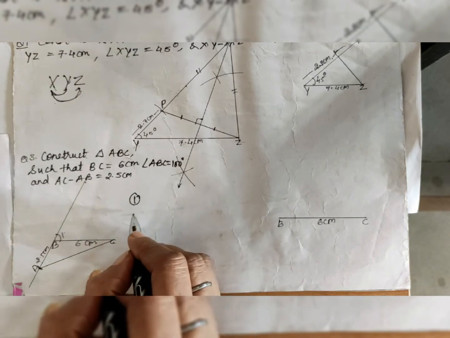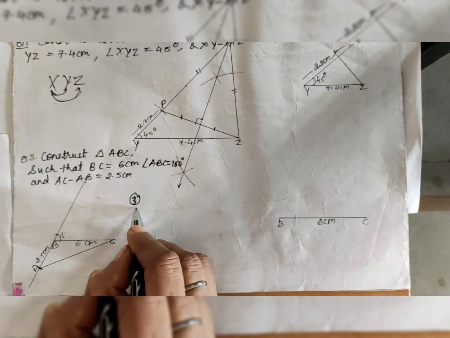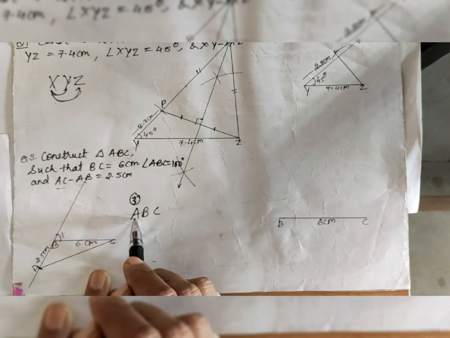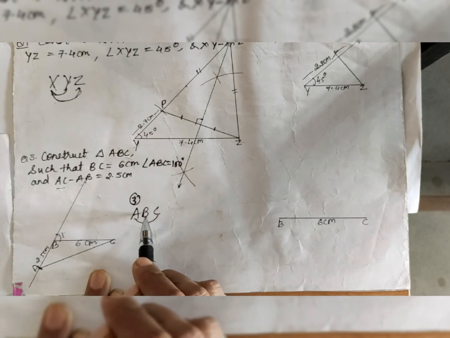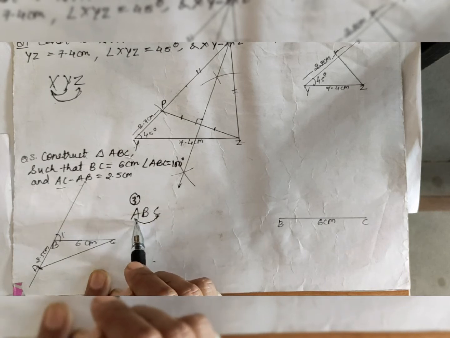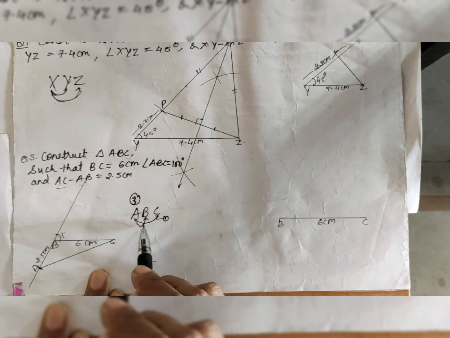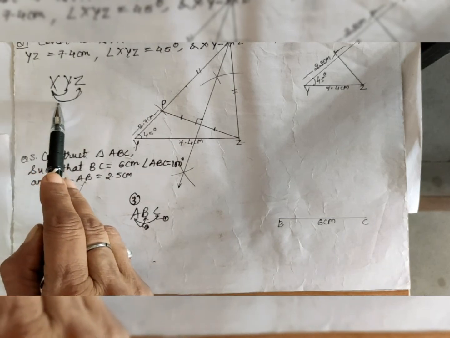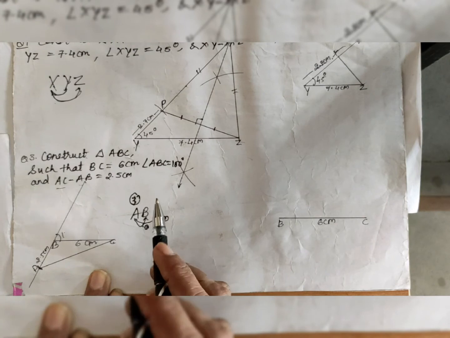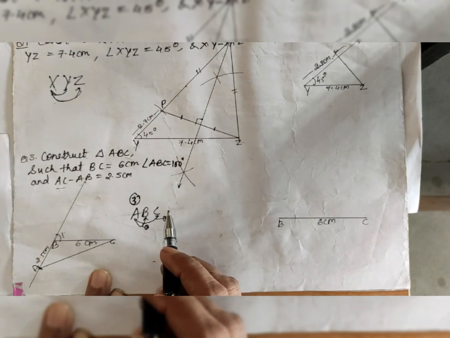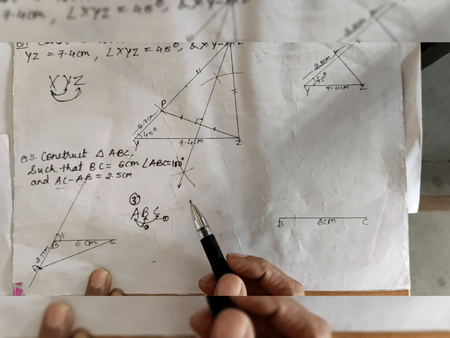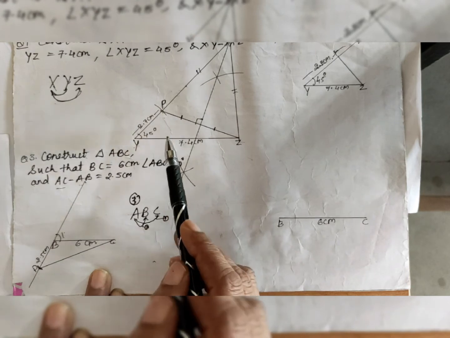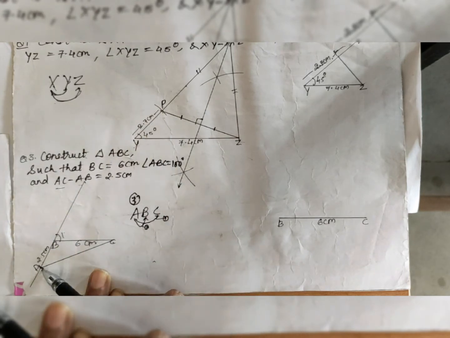Now as you can see here, the name of the triangle in this third is what? Triangle ABC, and the difference is what? AC and AB. So first it moves from A to C, not from A to B. Okay, this is first, and then it goes from here to here. So this is the first and this is the second segment taken, and here you see XY and XZ. Okay, so this you have to remember, this is just an idea to remember or to locate this arc, when you have to draw this arc on the upper side of the base, or when you have to draw this arc on the lower side of the base.